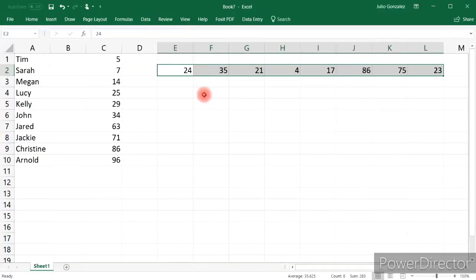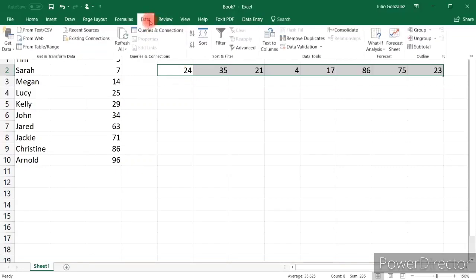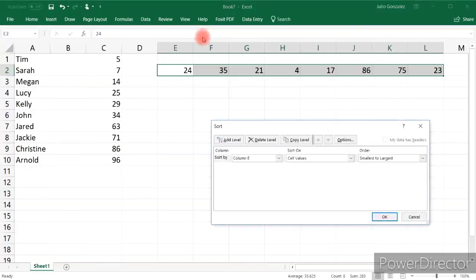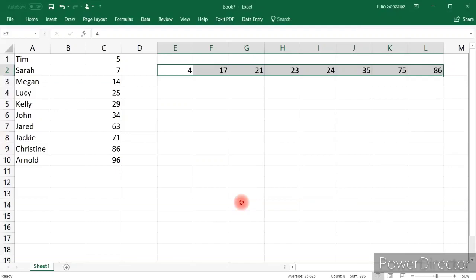So what we have to do is click on the Data tab in the ribbon bar and choose the Sort button in the Sort and Filter group. You will get the dialog box. There you must choose the row option and select the left to right option. Choose left to right and smallest to largest value. Then click on OK. Automatically the data will be rearranged. Now look at the screen. It is in ascending order.